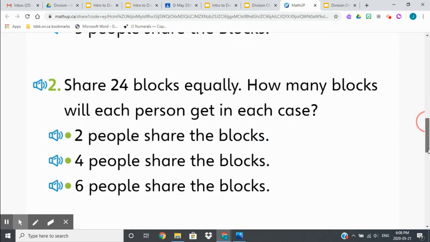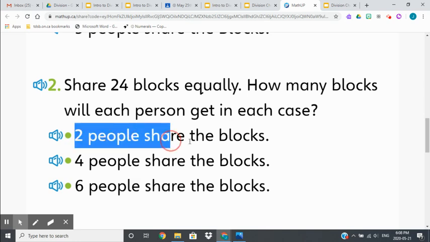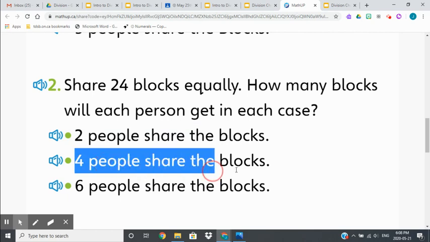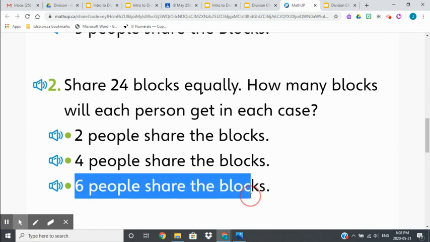Take a look at another question. The second question you're going to be asked today says, this time you have 24 blocks. You're going to be sharing them equally. How many blocks will everybody get if you're sharing those 24 blocks with 2 people? Or if you share them with 4 people, how many would each of those persons get? And if you shared them with 6 people,